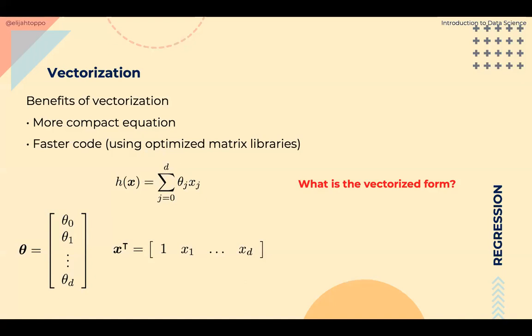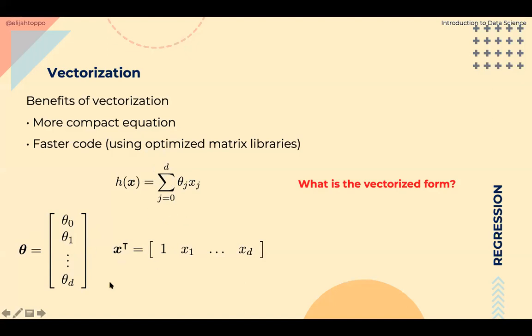Okay. To evaluate this, I would have to evaluate something like theta transpose times x. If I do theta transpose times x, I can evaluate my answer and get this value in one loop. Instead of running a loop that goes d plus 1 times, just one matrix multiplication of theta transpose times x gives me my answer.